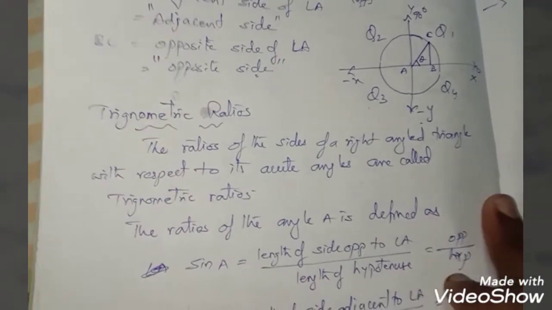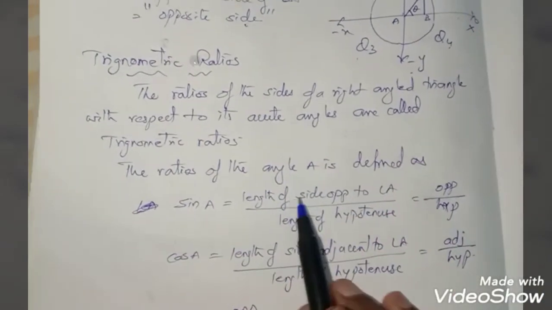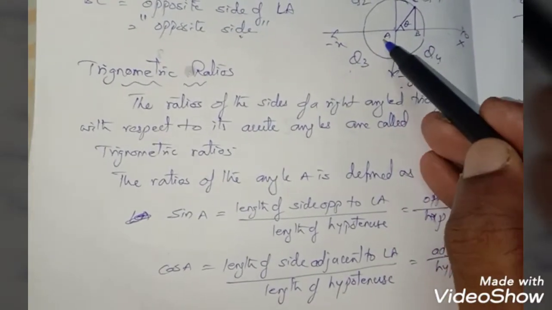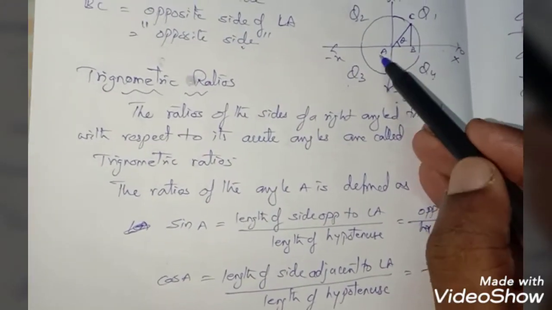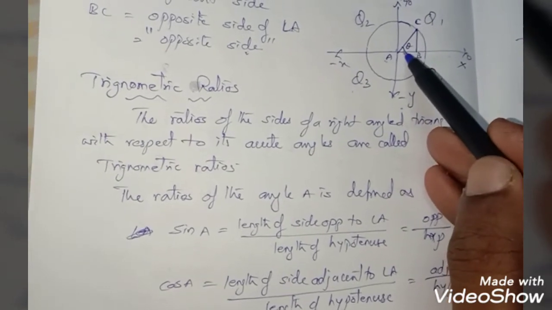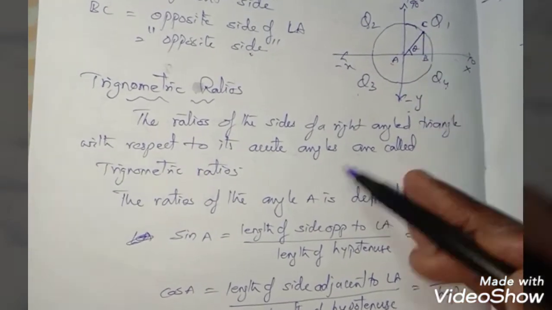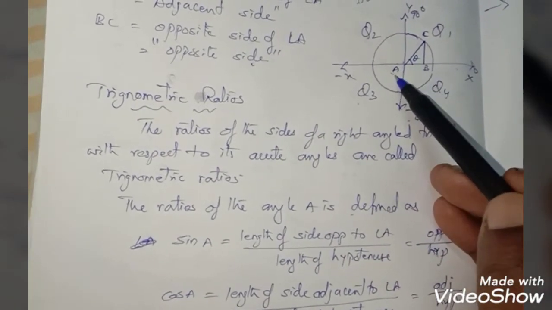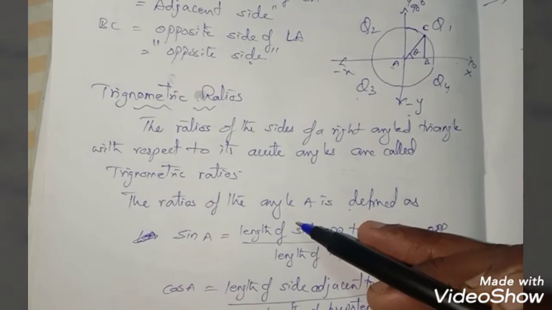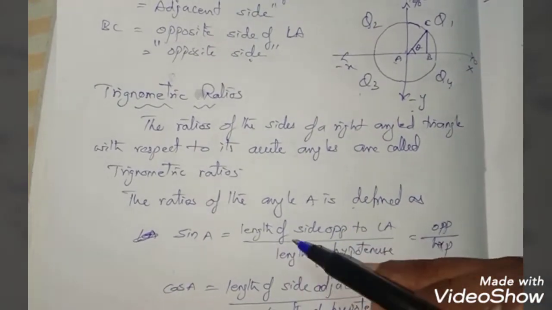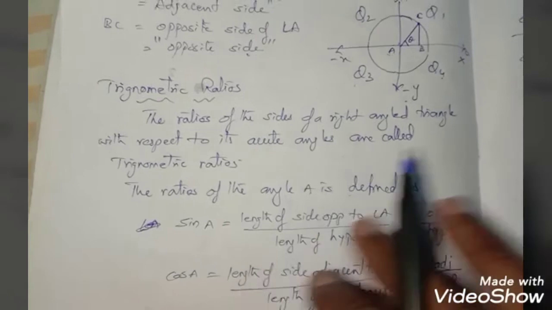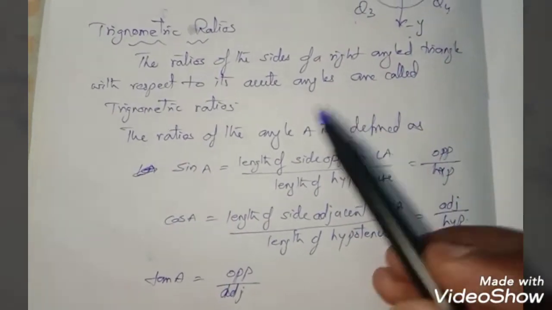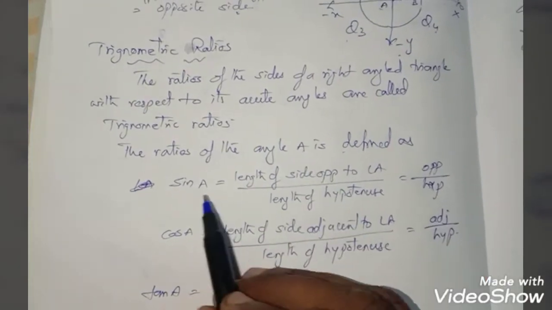Here I am taking the ratios of angle A, not angle C. Because we have taken angle A as theta, if I take angle C as theta, we have mentioned angle C is defined. Since theta is angle A, the ratio of angle A is defined as sin A. Here we have a total of 6 ratios. Before finding all 6 ratios, we will start with the first 3 ratios.